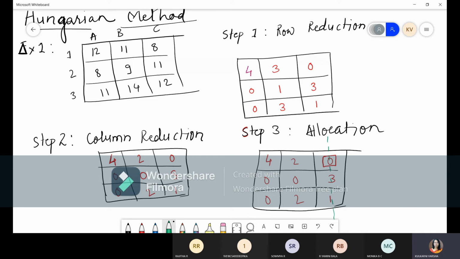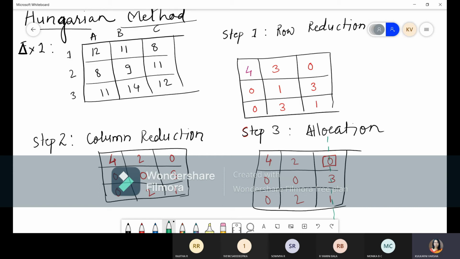Now go for the second row. In this second row, do we have a single 0? No, in this row we have 2 zeros, 1 and 2. So if there is no single 0, and there are more than one 0, or no zeros at all, then skip that row. Don't do anything with that. Go to the next row. Since we have more than a single 0, we'll just leave that row as it is and not do anything with it.